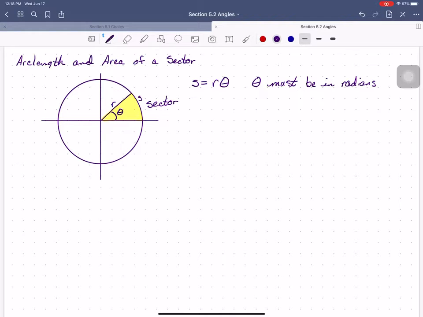Now similarly, we can talk about the area of this sector. And area is equal to 1/2 theta r squared. Okay? So why do we care? Well, because this is how we answer questions like